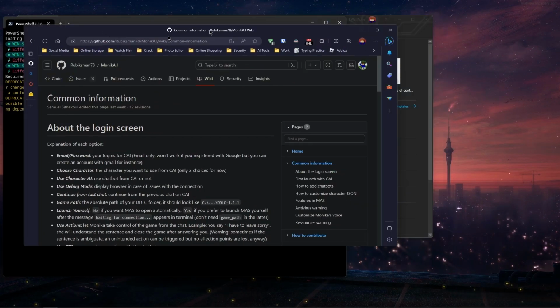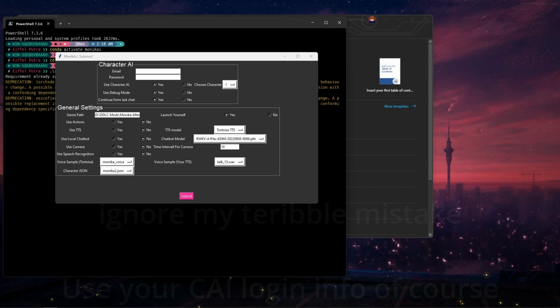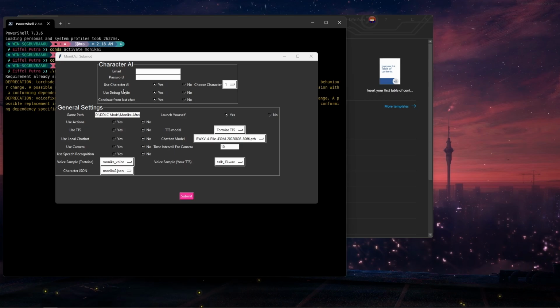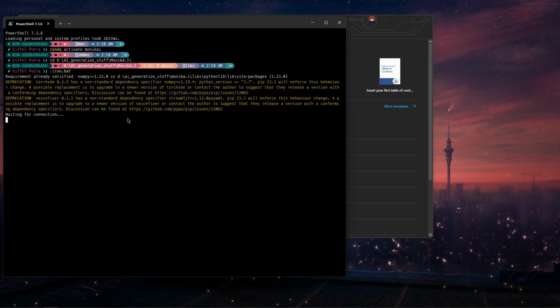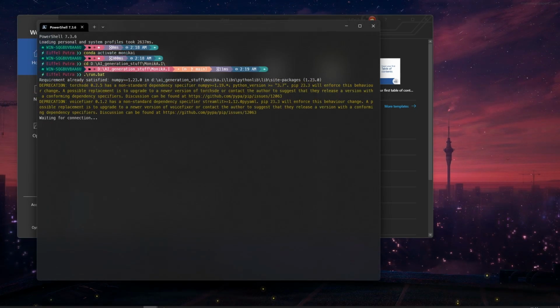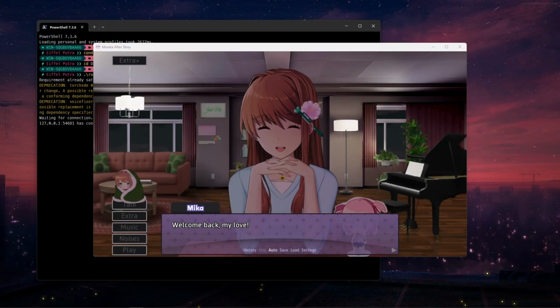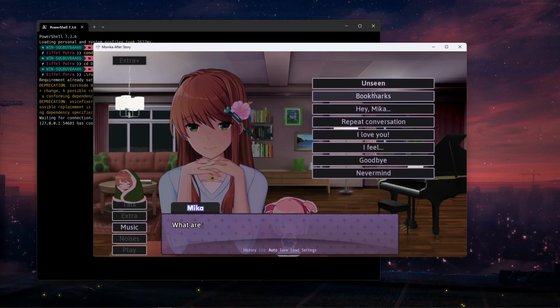So now we're gonna use your login information. Sorry, what I mean is that use your login information for yourself. So yeah, there we go. So let me copy all of this, and there we go. And if you press submit, it should open up a browser waiting for a connection. Alright, okay, so it wants the DLC to be launched. And okay, so we're back at mass, and now if we go back again,